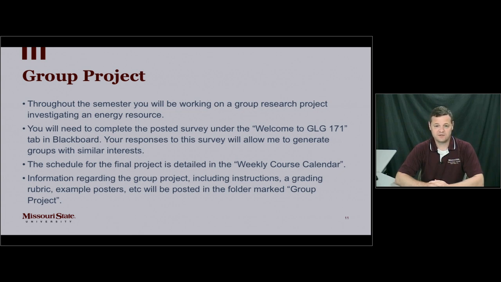There's an additional calendar attached to the weekly calendar. It's on the second page of that handout that's on Blackboard, and it gives you a series of deadlines for the final group project. For this week, what you need to do is go onto Blackboard and fill out the survey. It says Final Project Topics Survey, and what you need to do is click on 3 choices for topics in energy that would be interesting to you. I'll use those and your introductions to try to piece together groups that will work well together. And once those groups are completed, I'll let you know who the other students are that are in your group, and you guys can work together and see what exactly you want to cover in that topic, because some of the topics are relatively broad.